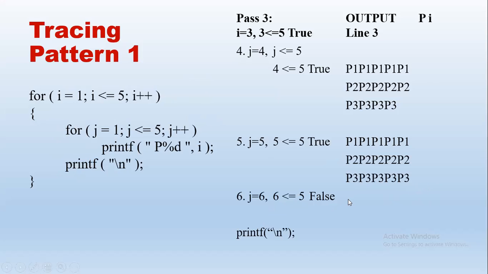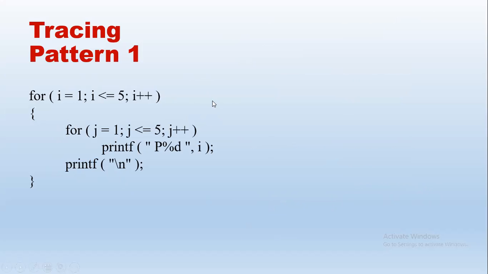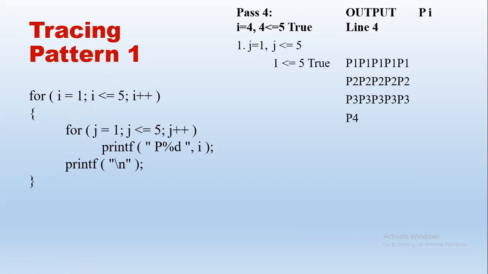Now the cursor comes to the fourth line. So that is for pass 4. So what is pass 4? Increment I. I was 3, right? Now I becomes 4. So we need to print line 4 here. 4 less than or equal to 5, yes, condition is true. I is 4 now. J starts from 1, right? Important to note, J starts from 1. So here J 1 less than or equal to 5, condition true. Print Pi. I is 4, right?